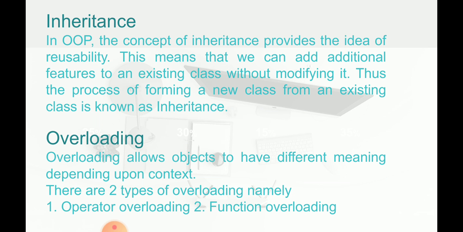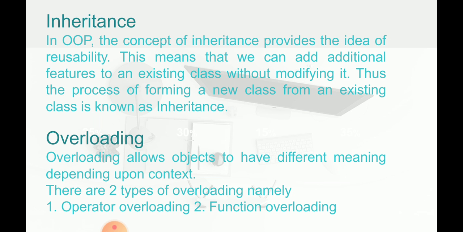Next concept is inheritance. Inheritance is a process by which one object can acquire and use the properties of another object. For example, if there are two parents, then the child will get the properties of both the parents. The son will get the features or the behavior of the mother and also the father. In the same way here, inheritance means acquiring the features of the parent class or the origin class.